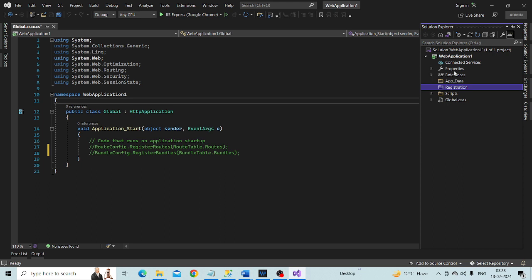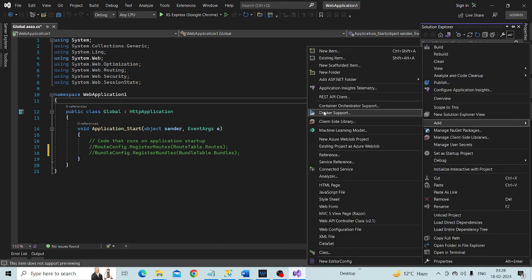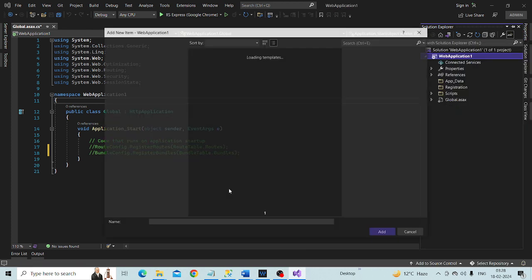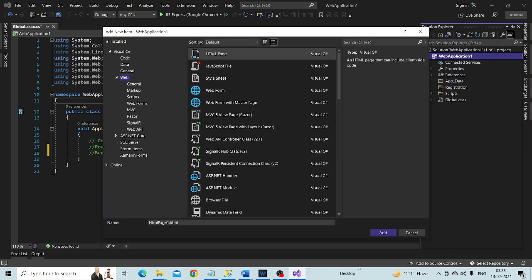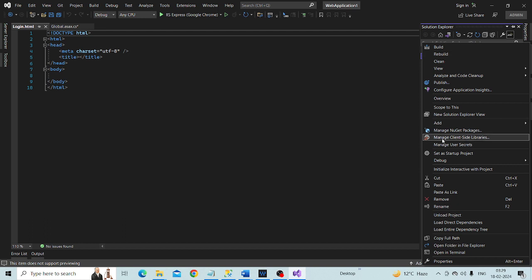And now to add web forms also. New item, login.aspx, add it. We need welcome.aspx,